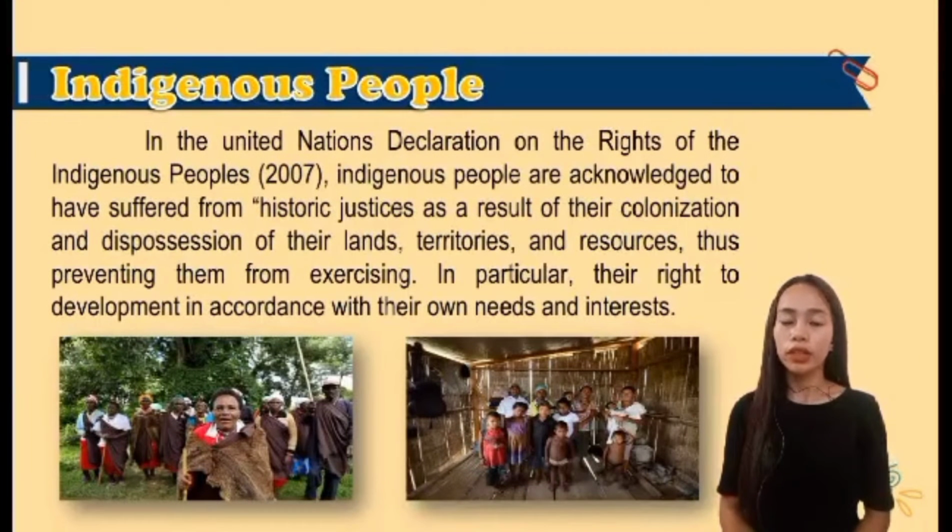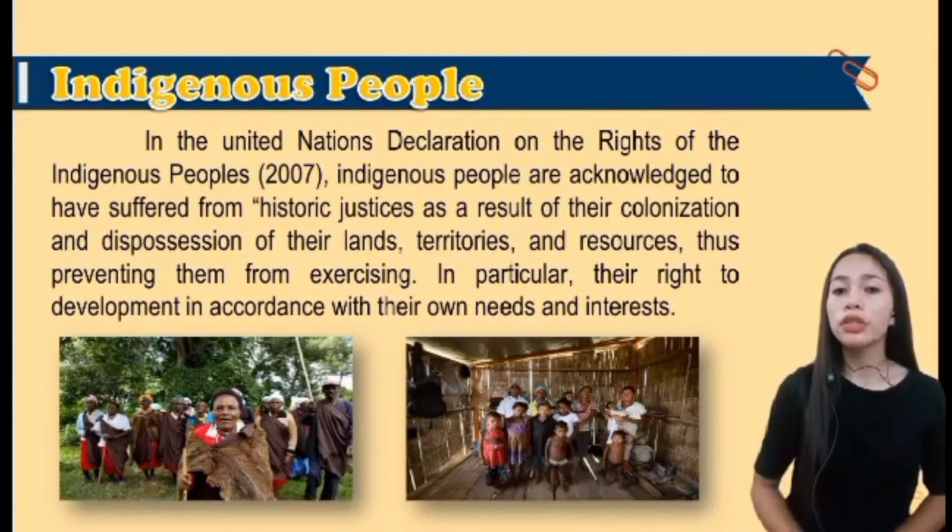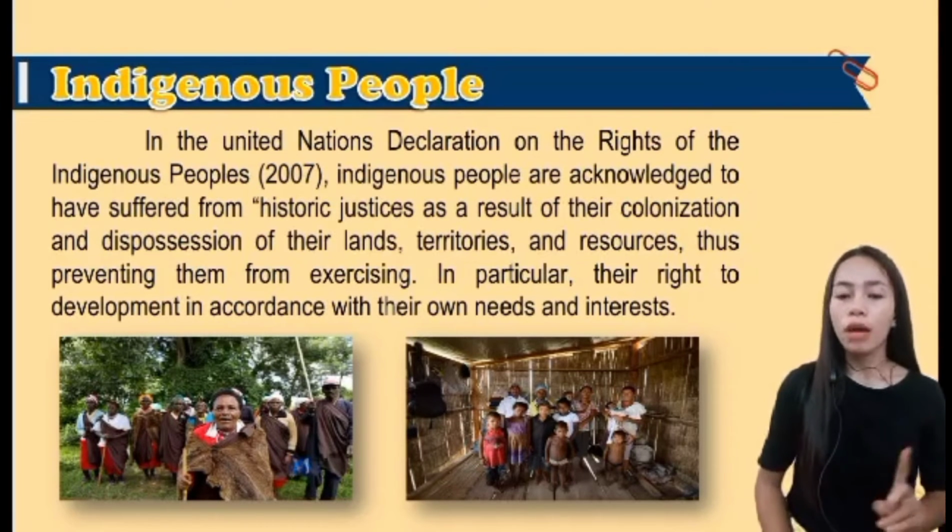In the United Nations Declaration on the Rights of Indigenous Peoples, indigenous people are acknowledged to have suffered from historic injustices as a result of their colonization and dispossession of their lands, territories, and resources, preventing them from exercising in particular their right to development in accordance with their own needs and interests. Indigenous people have suffered so much from the hands of humanity, and some of these committed human rights abuses are